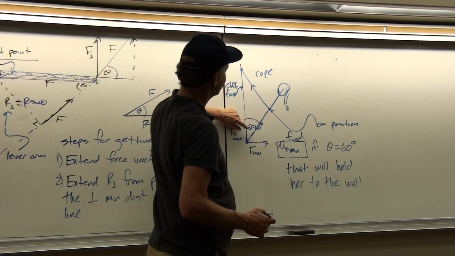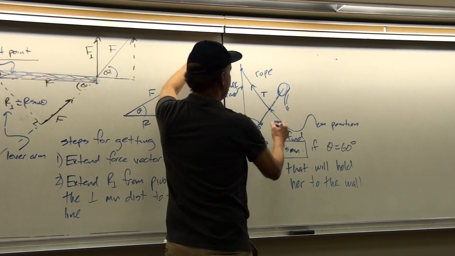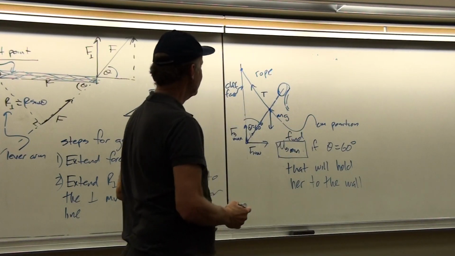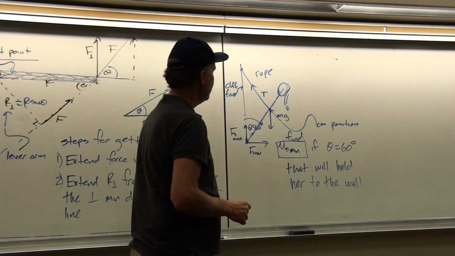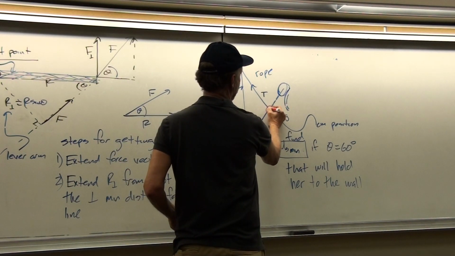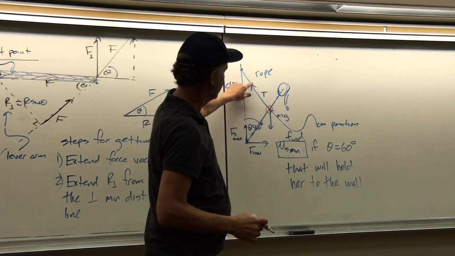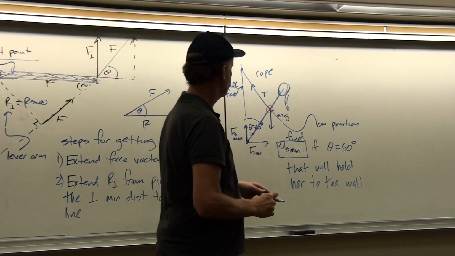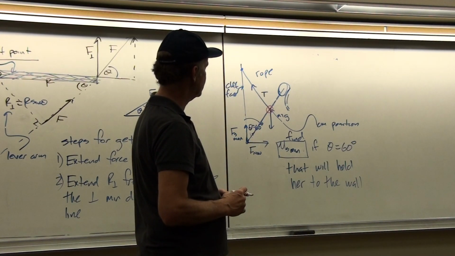We know that this angle is 60 degrees. So we have a tension force that's acting here. We have mg that's acting here. But it seems like we don't quite have enough information to solve the problem. However, if we choose her center of mass here, and remember that's where the tension force is pulling from, and we'll also assume that her weight force is also acting right through the center of mass position.